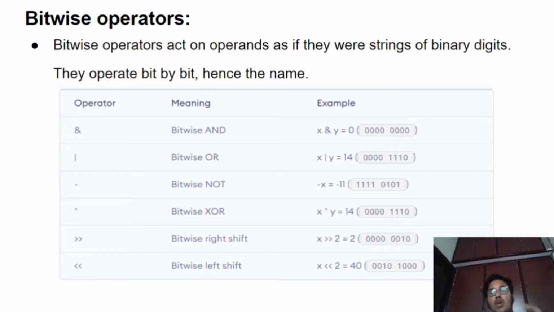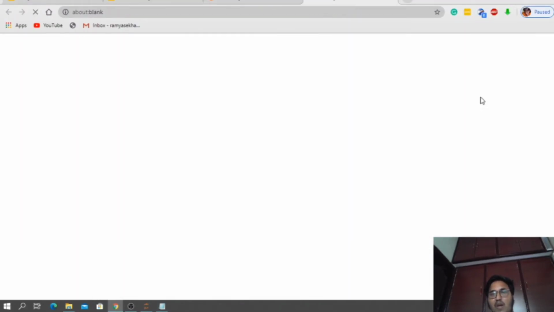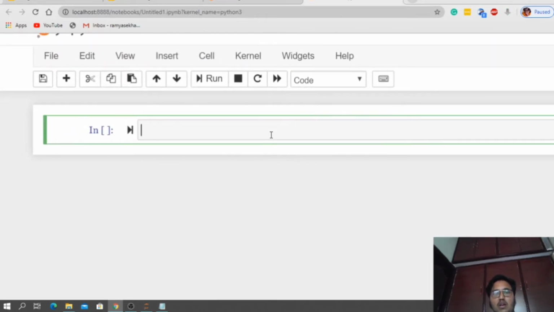There are bitwise operations like bitwise AND, bitwise OR, bitwise NOT, which is also called bitwise complement, bitwise XOR, bitwise right shift, and bitwise left shift. Let us talk about that. Let me open a new Jupyter Notebook for you. See here, how many bitwise operators are there?